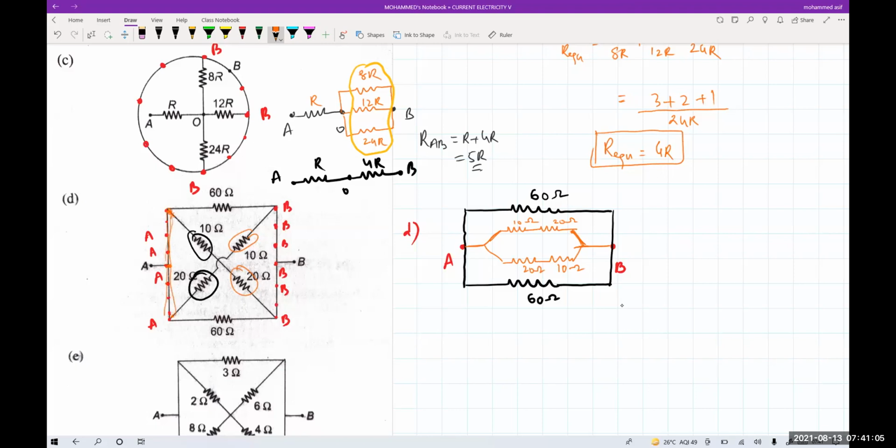Because everything from here to here is your A only. So if I connect this connection here or here or here, anywhere, it doesn't make any difference for me. Is the diagram clear? Yes, sir. These two are in which combination? 10 and 20, and this 20 and 10 are in which combination? Above one, series. Below one, series. So can I take this one like this as it is?